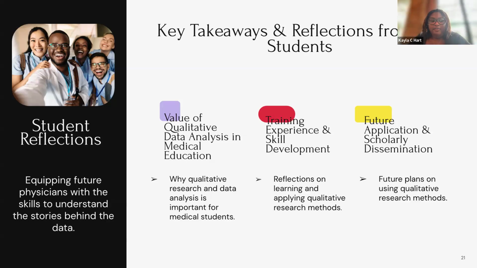Now I'm going to talk about our future plans on using qualitative research methods. Like Dr. Albritton mentioned, I'm starting my MPH program at the Columbia School of Public Health, and I'm hoping to use my qualitative research skills while in the MPH program. I'm also helping Dr. Albritton and our peers to write manuscripts for publication. Furthermore, we have developed and presented this research through a poster at our school's Student Research Day last year. I plan to also use this qualitative skill set to write and publish with other scholars who are also interested in doing qualitative research, especially in the areas of maternal and infant health, which I am also very much interested in.